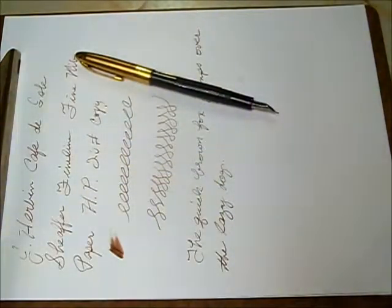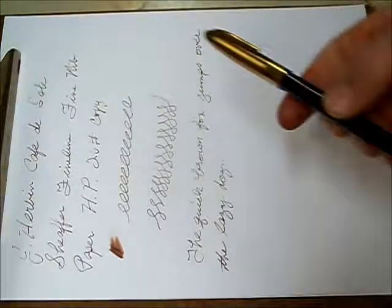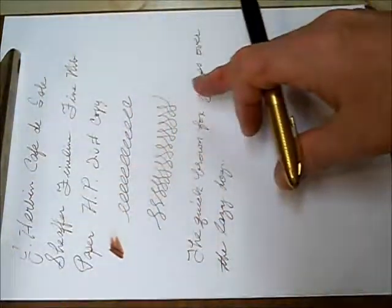So, anyway, that's my review. Nice ink, nice even steady brown. This is the steady guy, not the flashy guy, not the loud guy, not the Mr. Romantic guy, but the steady Freddy of brown inks. Just a lovely, in my opinion, brown ink,